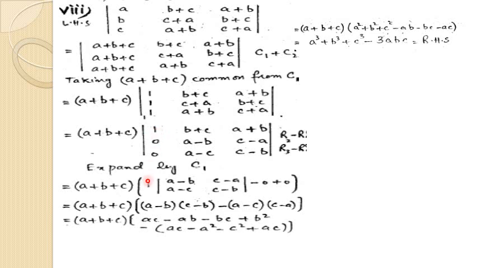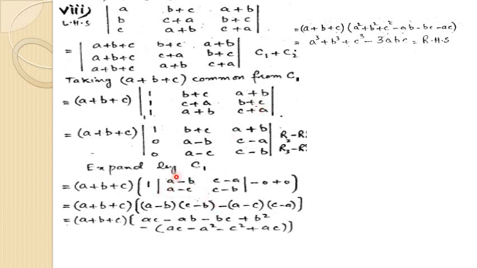So 1, this row is closed and this column is closed. a minus b, c minus a, c minus b. What is the second row first column minus? 0 is the element, so we don't need to write the minus. Again third row first column, 0 is here, we don't need to write a minus. That's why we put the property subtract. And similarly you can do the homework of the previous question.